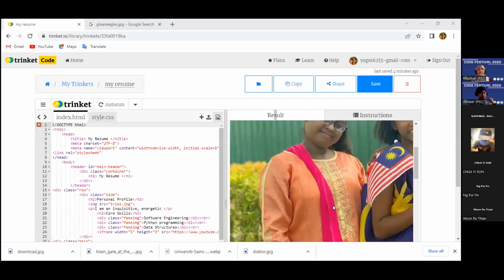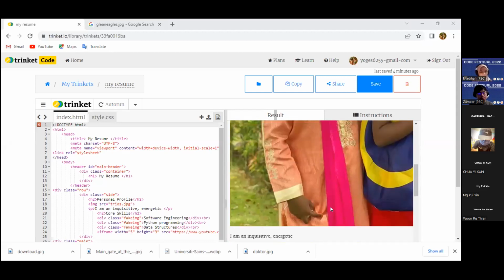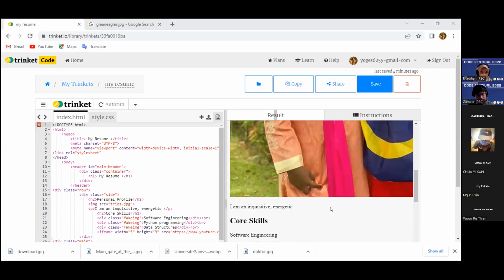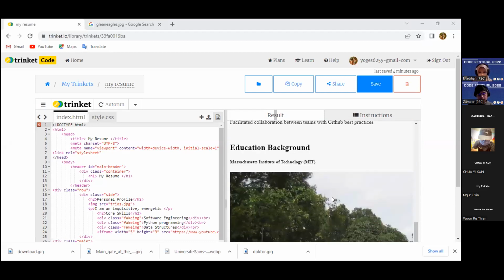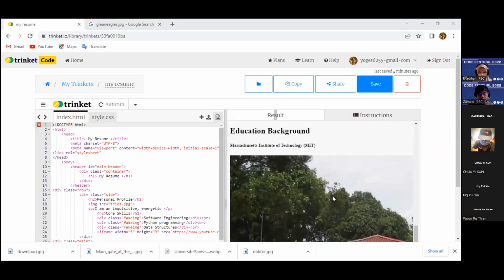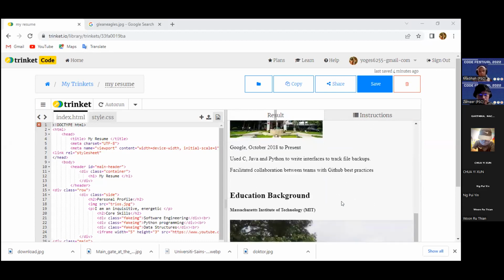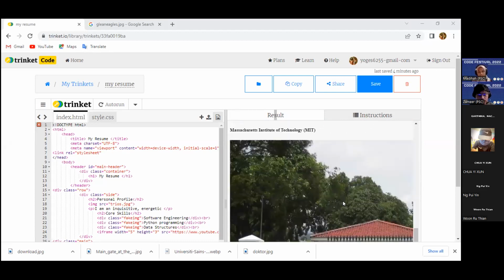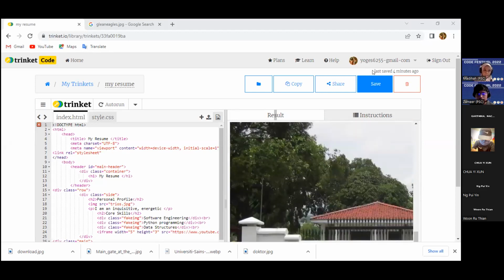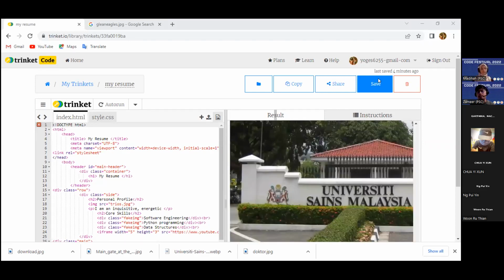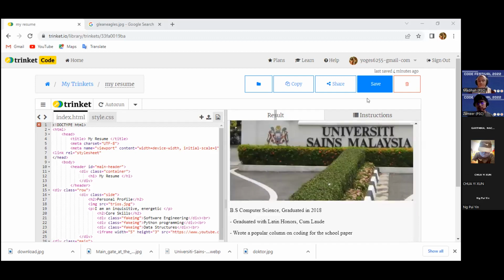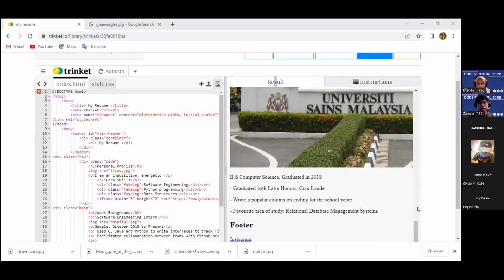Okay. Let me see. You already save your project. You can click save, like the blue button one. Once you already click save button,